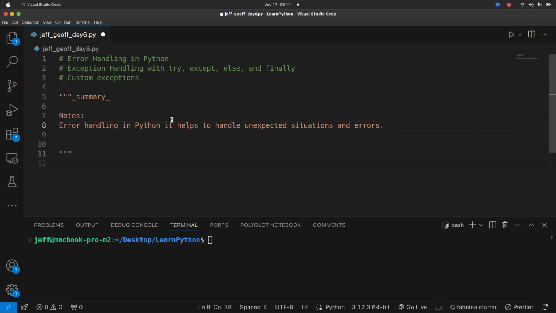Now, Python provides a structured way to catch and manage exceptions. To catch and manage exceptions, Python uses what we call the try.